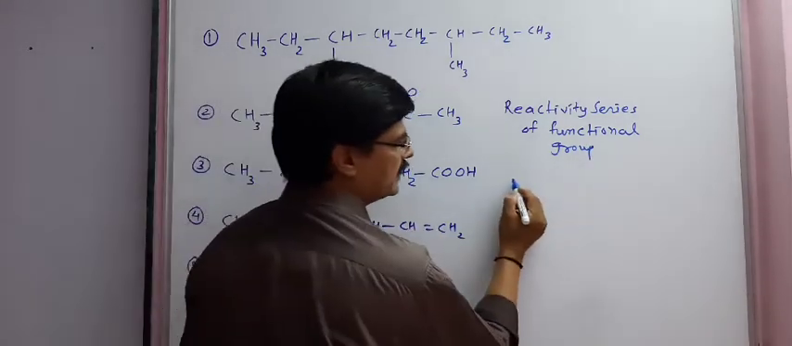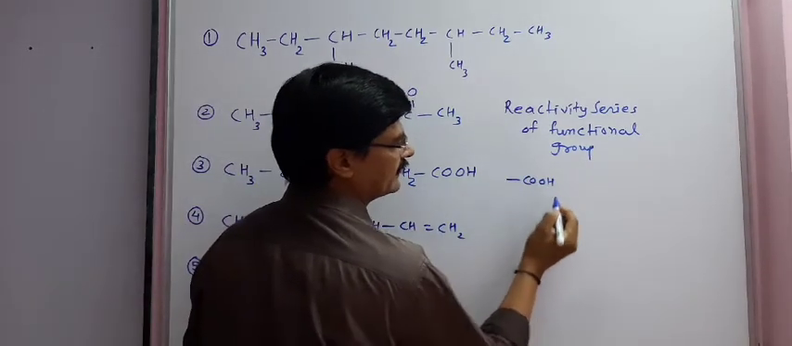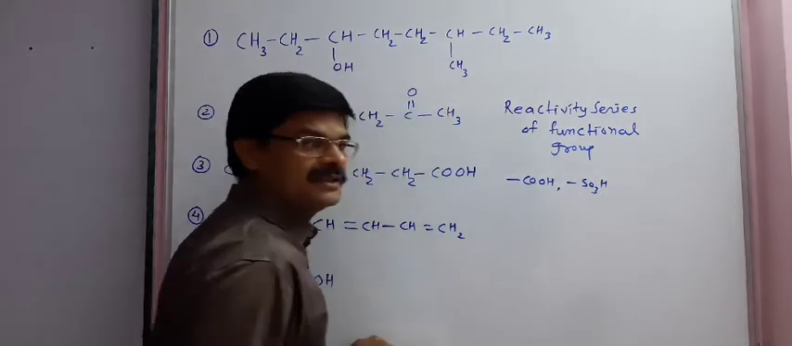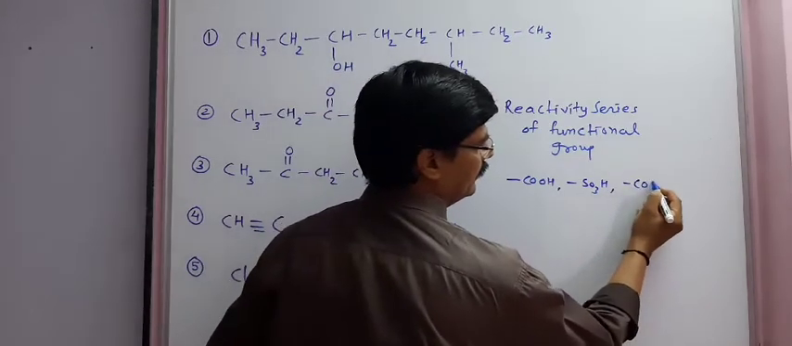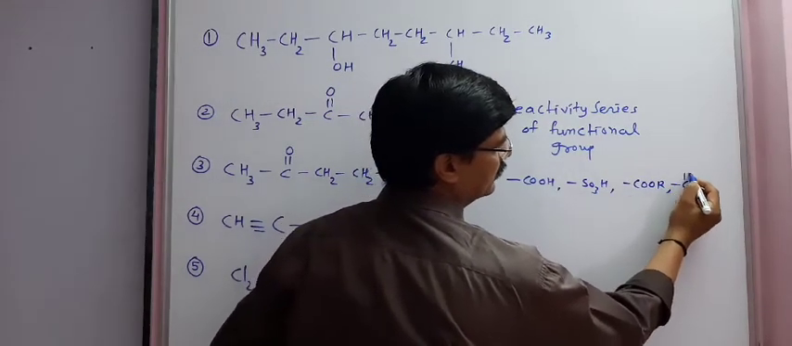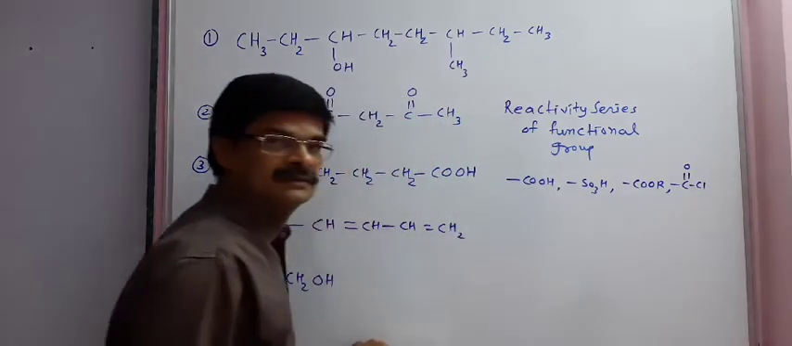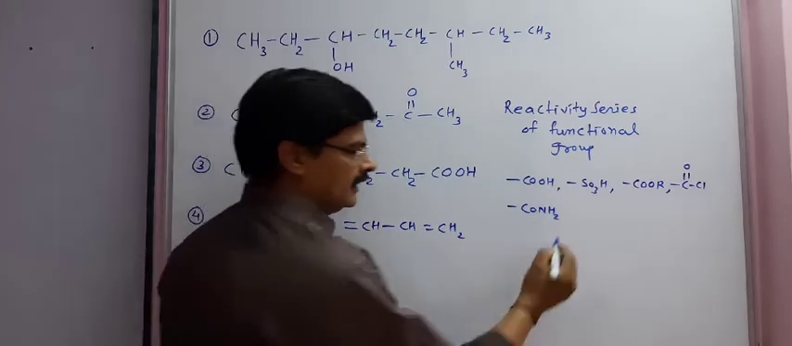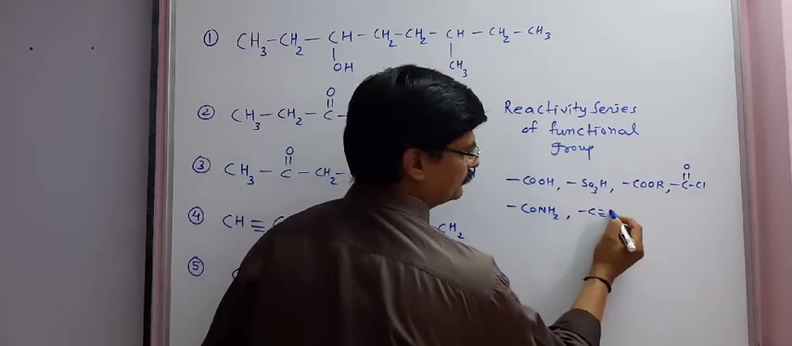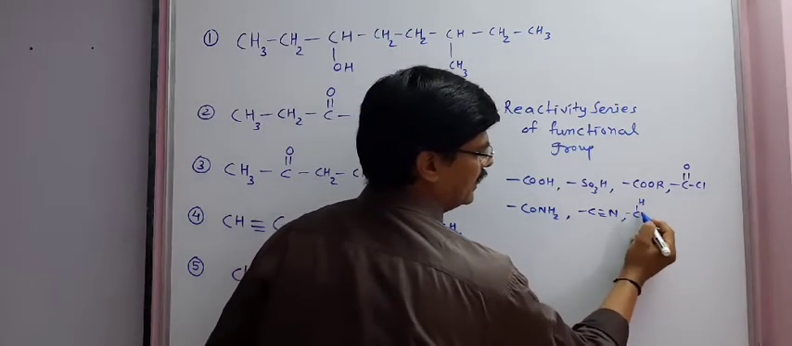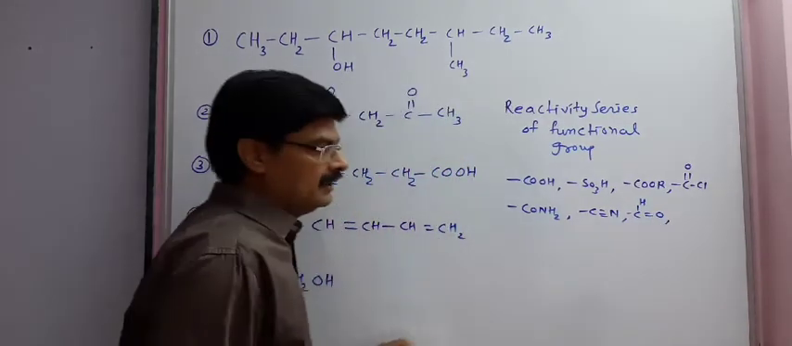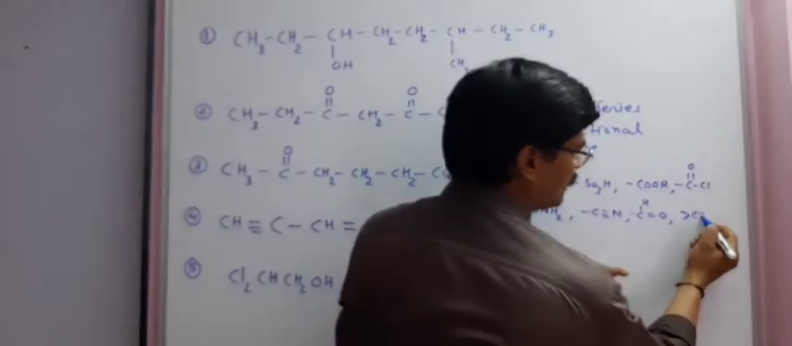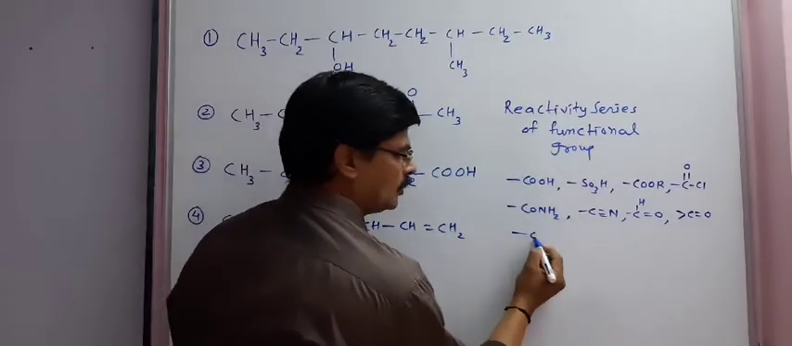is, first reactive group is carboxylic acid COOH, then SO3H, then COOR, then COCl, then CONH2. Then cyanide functional group, aldehyde functional group, ketone functional group, alcohol functional group,